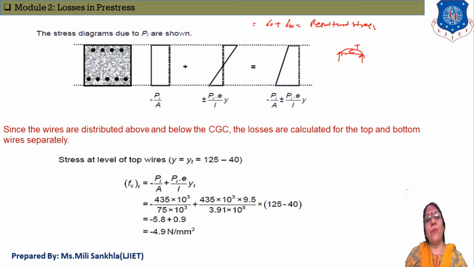In reinforced concrete the figure is reversed: compression in the top zone and tension in the bottom zone. But in a pre-stressing member the deflection is in the upward direction, so there is tension in the top zone and compression in the bottom zone. Second, our direct stress is negative because it is subjected entirely to compressive force. Remember this concept for all examples. Now we proceed to our example.